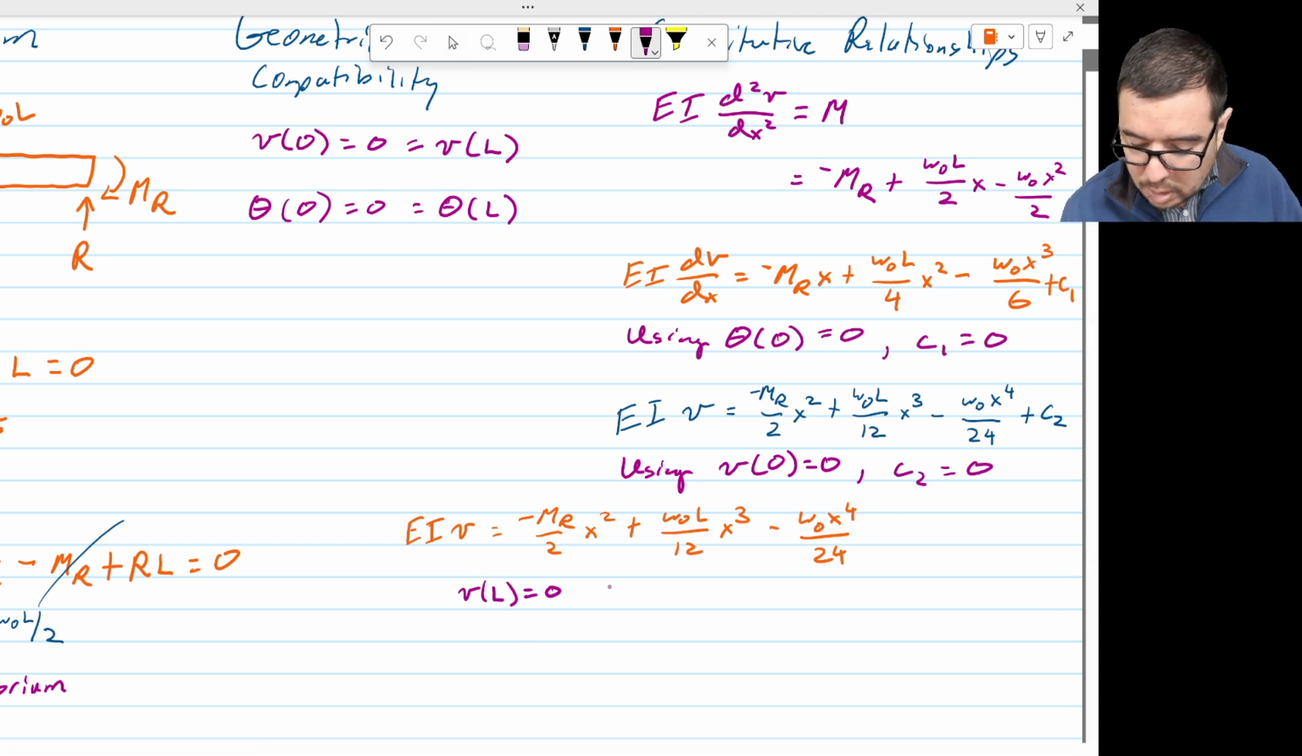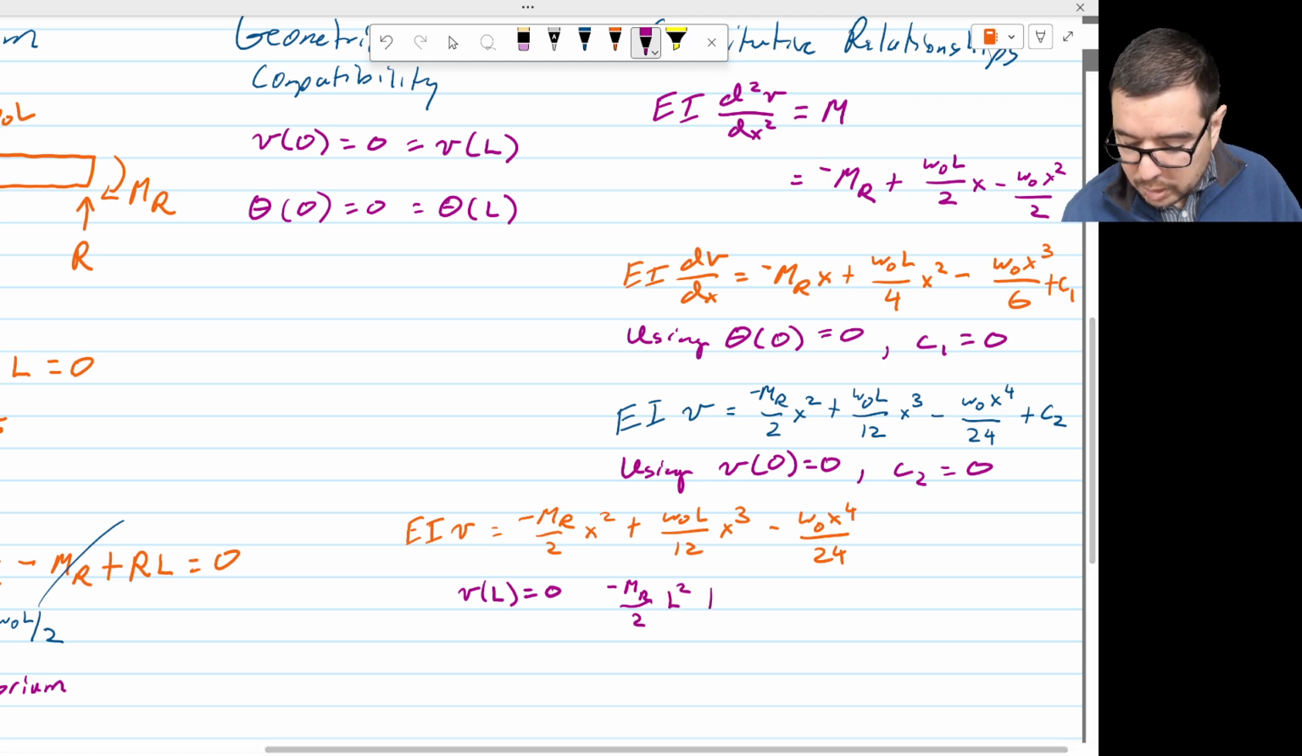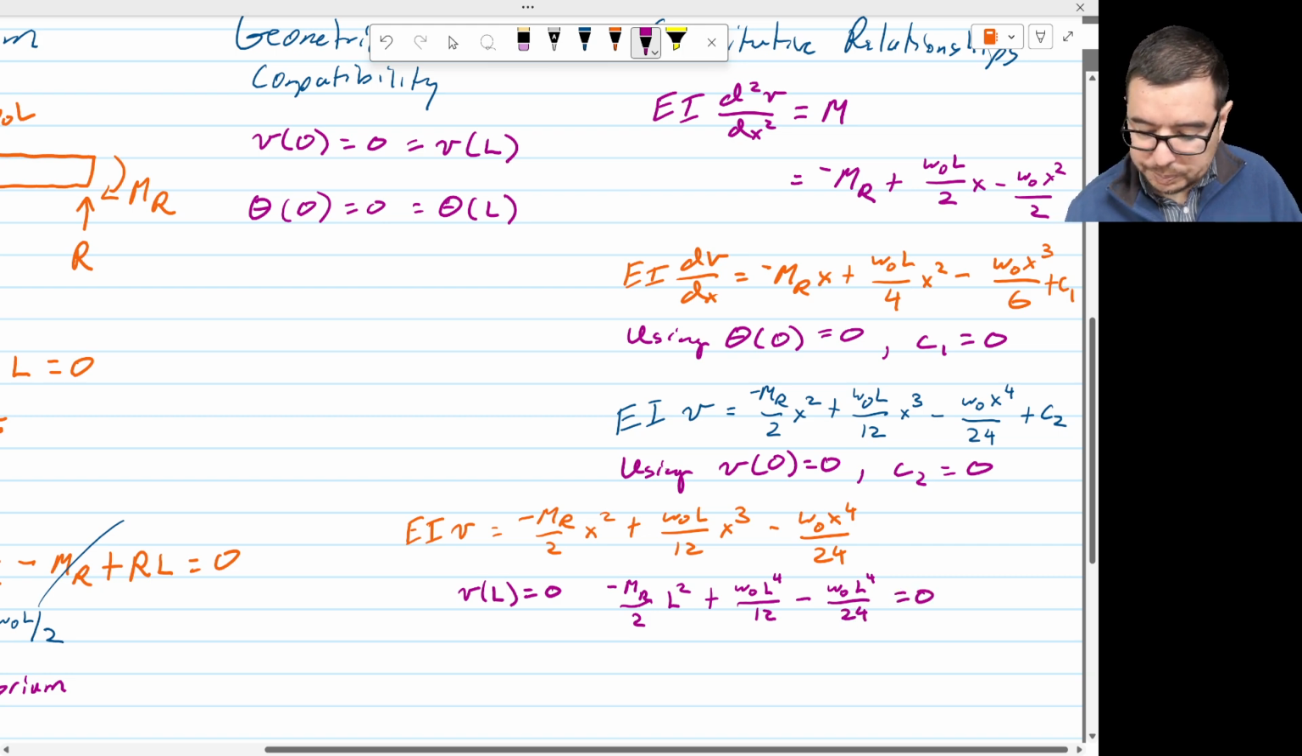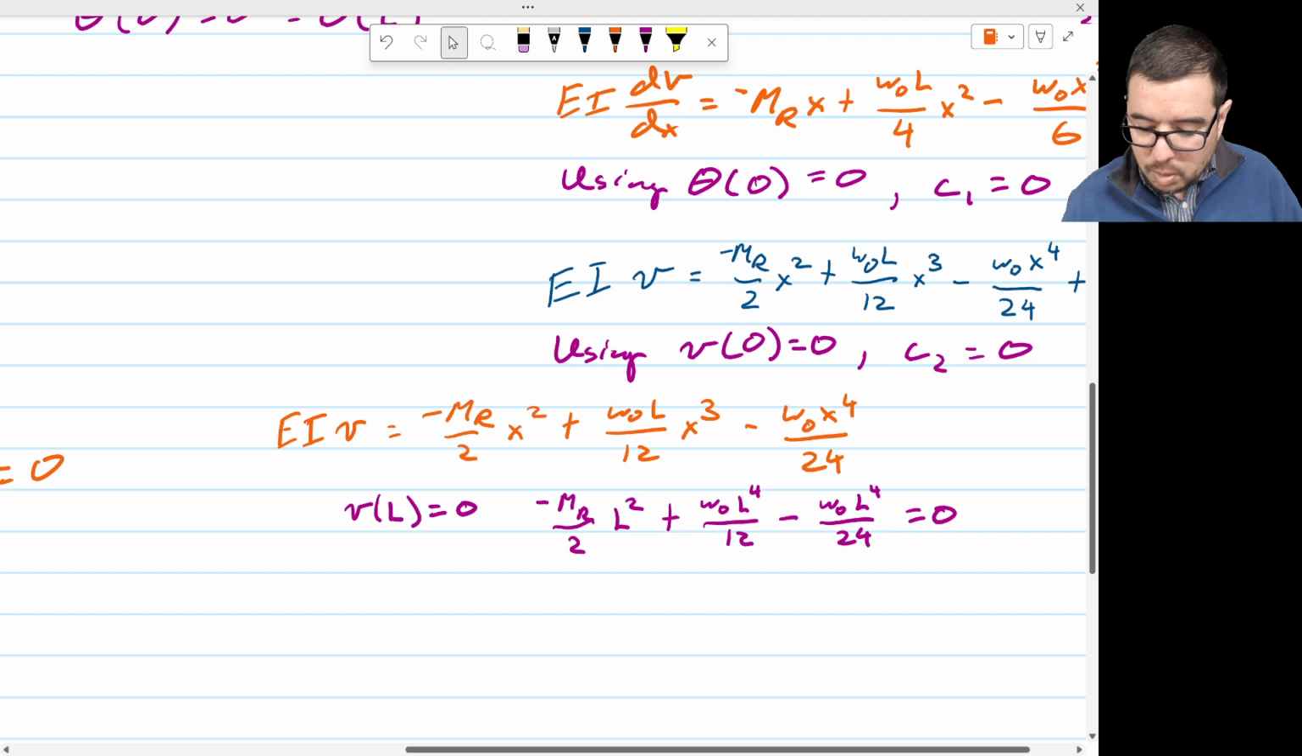So what we get is, let's solve: M minus M sub R over 2 times L squared plus, now we have our W naught, it's just L, so we're going to get W naught L to the fourth over 12 minus W naught L to the fourth over 24, and this is going to be equal to 0. Well, we got this one unknown. Everything else here is a known parameter, so we can write out that M_R